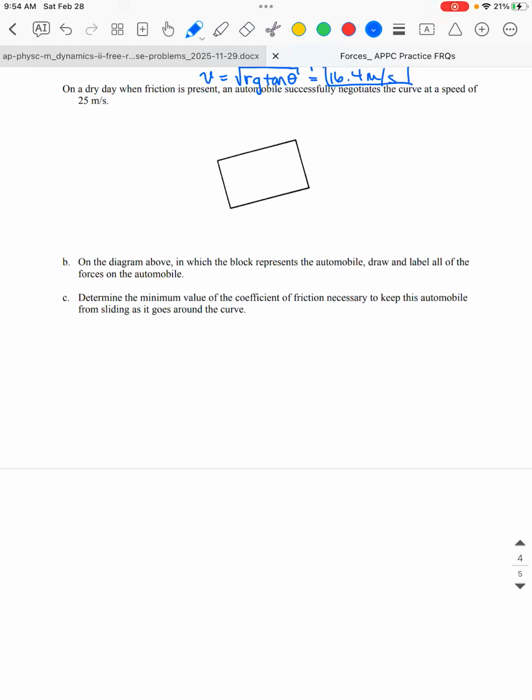Okay, so part B, we now have a track that has friction. So I'm just going to redraw my force body diagram with the same forces as the previous one, but now I have to add friction in there. One thing I want you to note is that this car is traveling around a banked curve, so it's coming out at us, and if there was no friction and it was moving really fast, that car would fly out of that banked curve to the right. And so it's friction that keeps it in motion